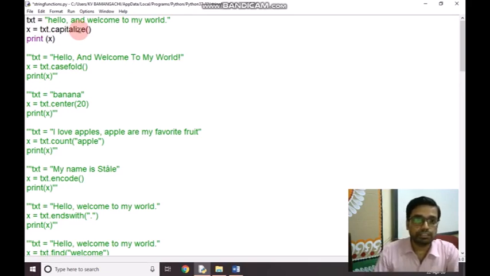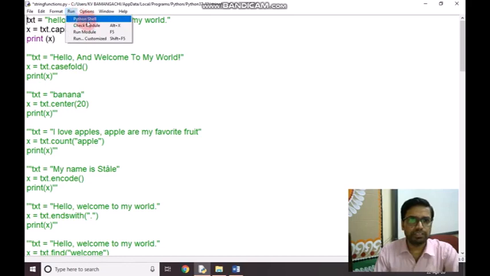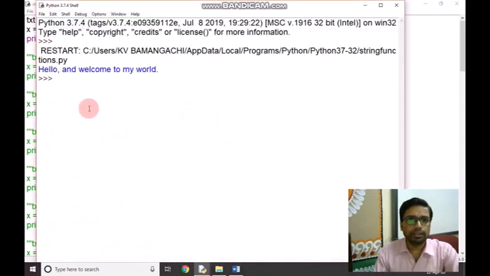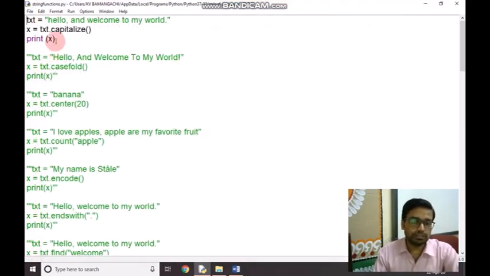What will it do? It converts the first character of the string into uppercase. If we run this code, then we will find H is capital, so it converts the first character to uppercase. This is the first example, and the first function is capitalize.